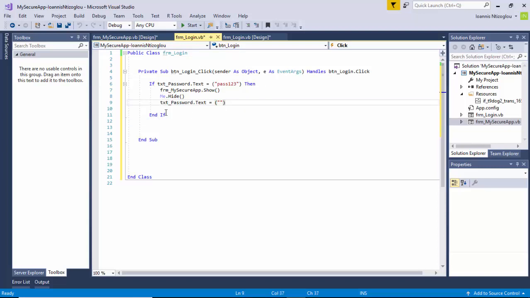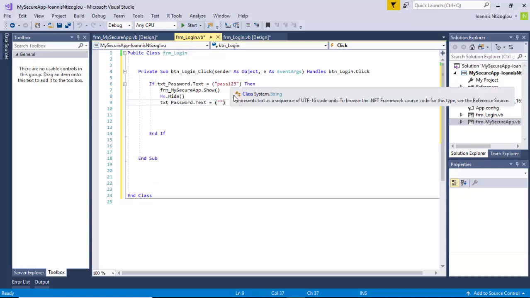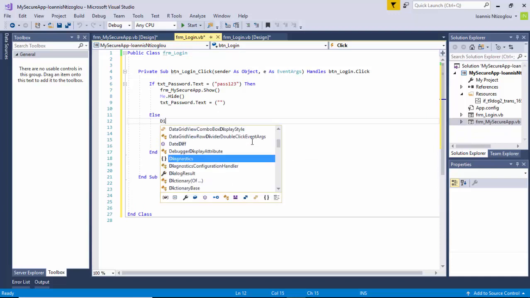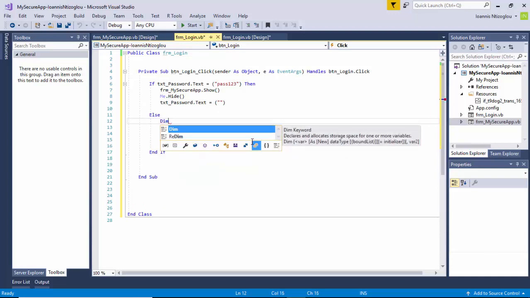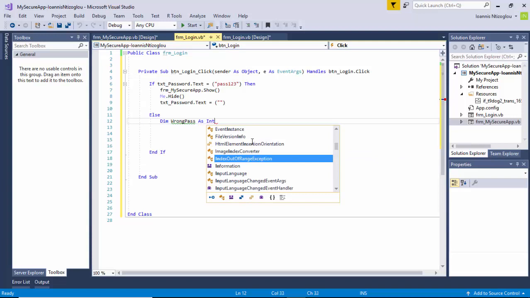Now that's my if statement. If the password is incorrect, I want to actually give an alternative, so I'm going to create an else statement. So I'm going to put else, and now I'm going to create a variable. To create a variable, I'm going to put dim, and my variable is wrong text or wrong pass. Let's put as integer,